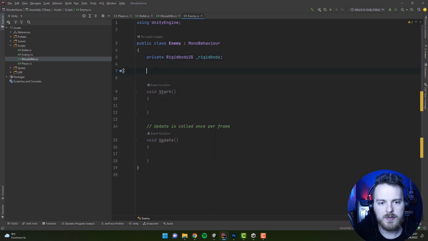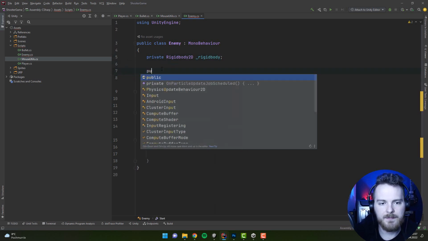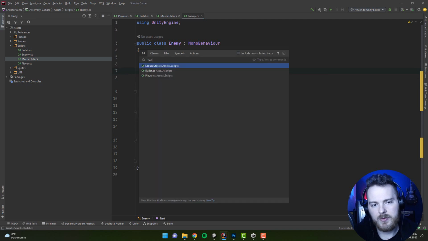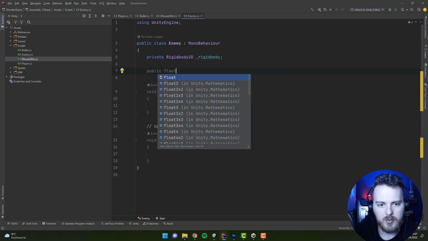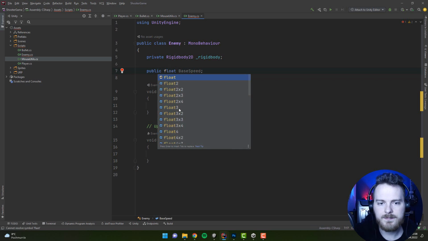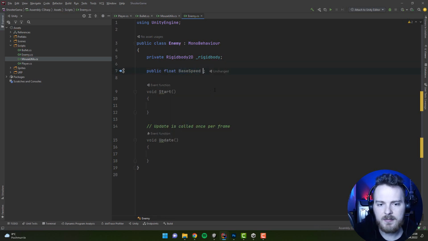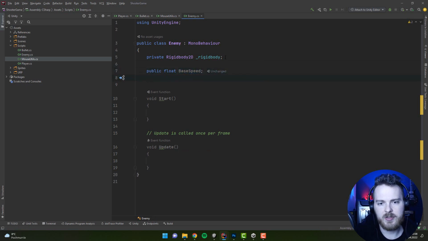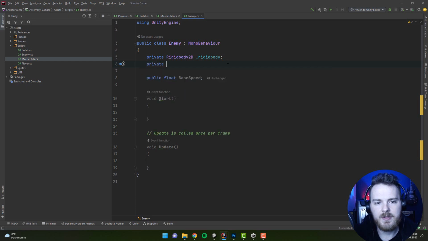Then we'll want a public float base speed. So this will be set from the inspector. Awesome. Now let's create another variable, this time private, for the actual speed,